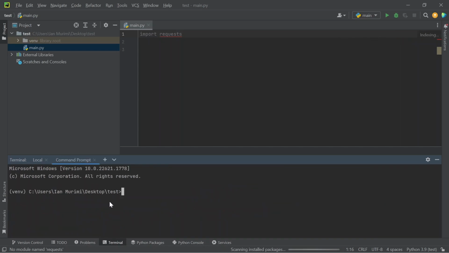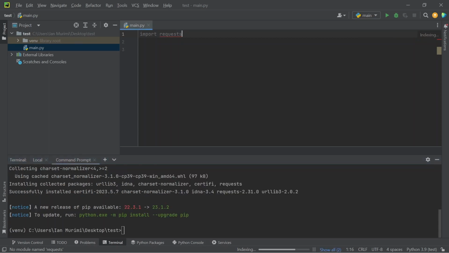Now this one automatically opens the command prompt inside the virtual environment. So here I can just do pip freeze and you'll see that you have no packages installed. Now to install requests, all you have to do is type pip install requests, and this error should disappear immediately. Yeah, you can see it has disappeared.